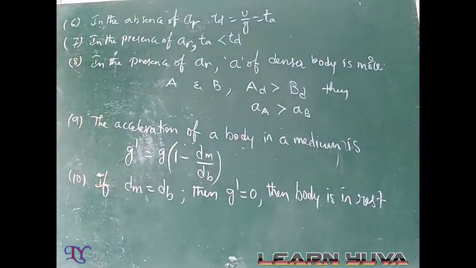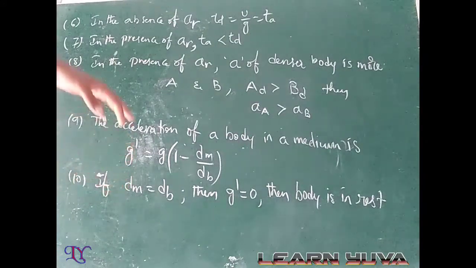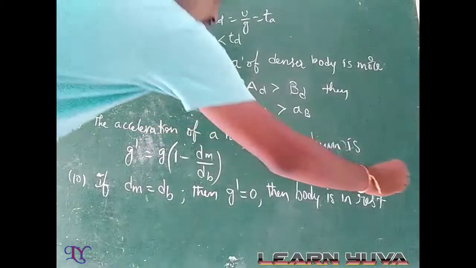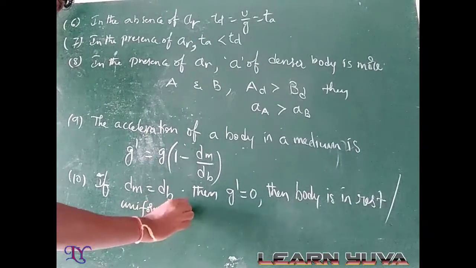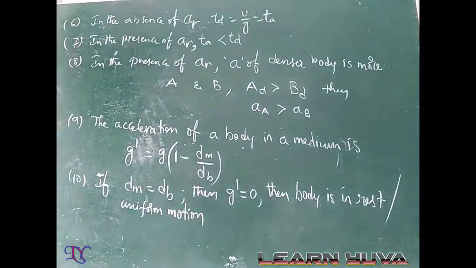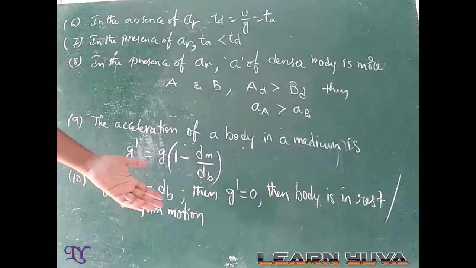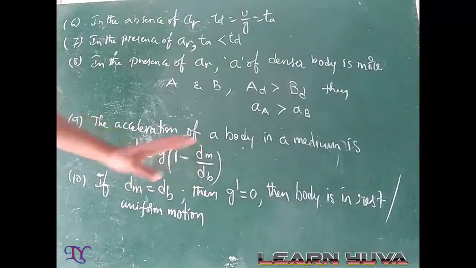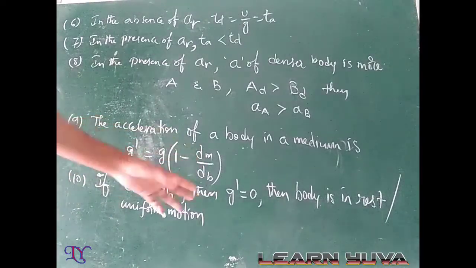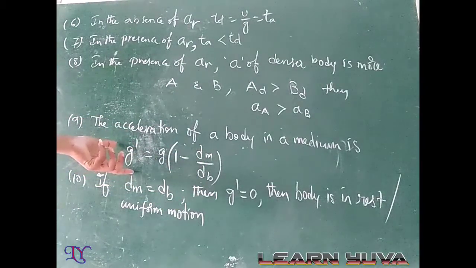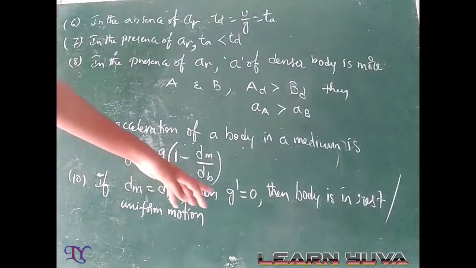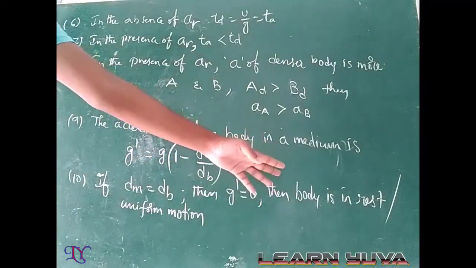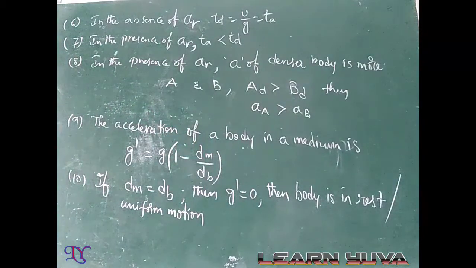Or the body is in uniform motion: rest or uniform motion. If the body is in uniform motion or at rest, then we can say that both densities are equal. Whenever both densities are equal, the acceleration of that particular medium is 0. If that acceleration in the medium is 0, then the body is either at rest or in uniform motion. For example,